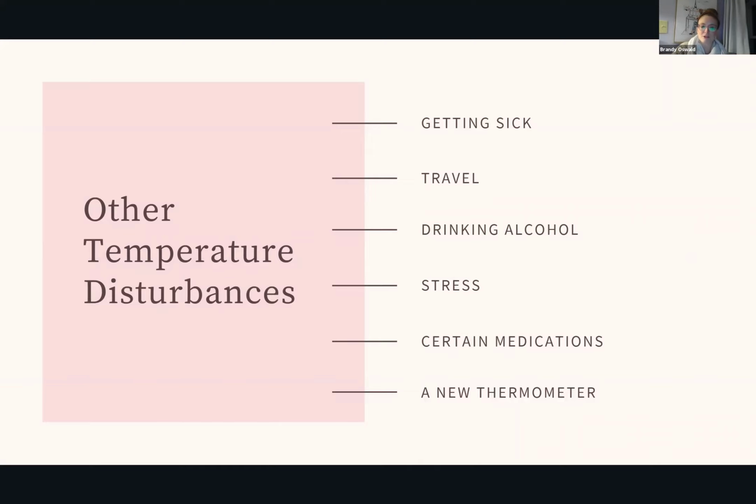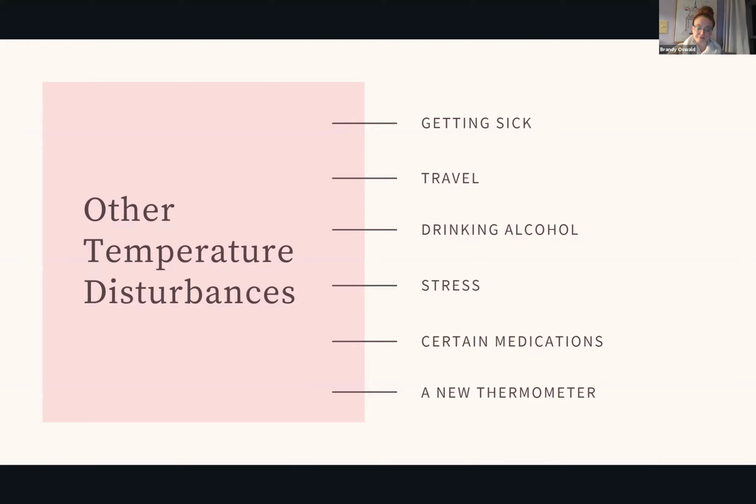Another thing that can disrupt it is travel, and that's simply because we're generally out of our routines. We're waking up earlier, we're sleeping in, we're in different time zones, so being mindful of that. Another common thing is drinking alcohol. This affects everyone differently. I will admit in my own cycle, it really doesn't have that much impact at all. And for other people, it does. So being mindful of how it